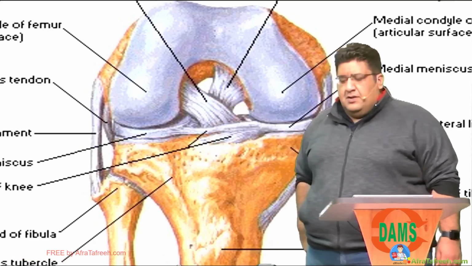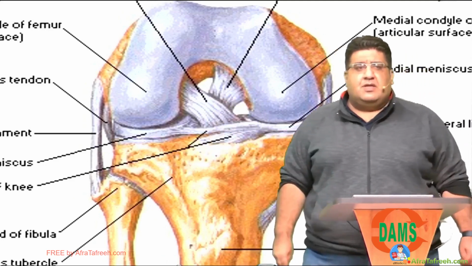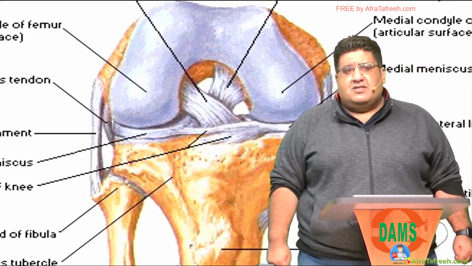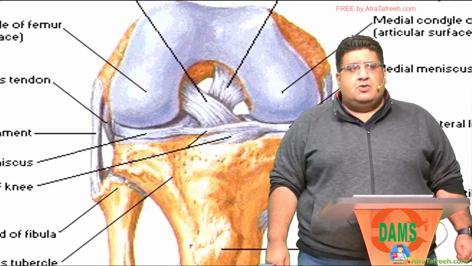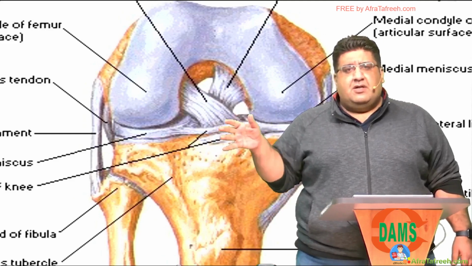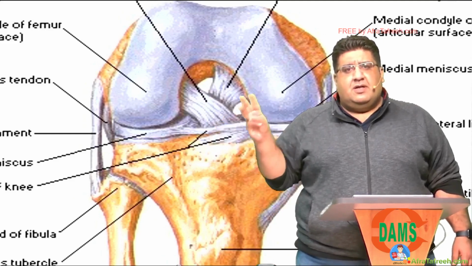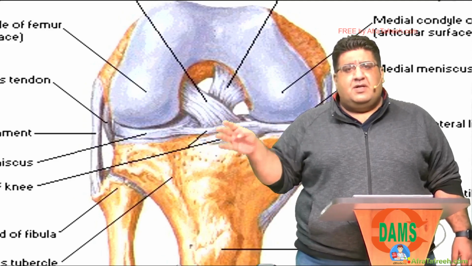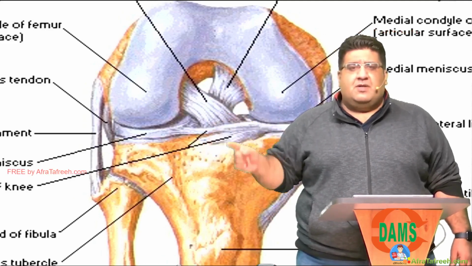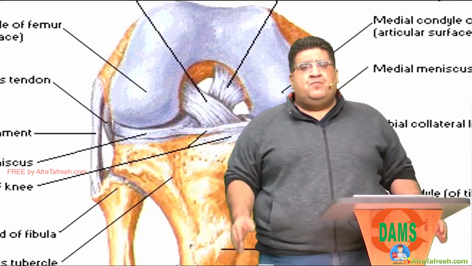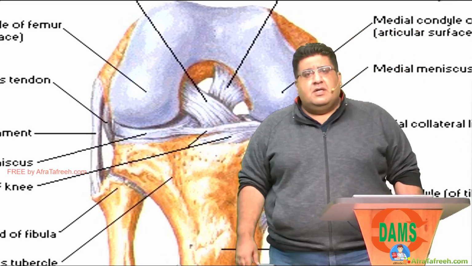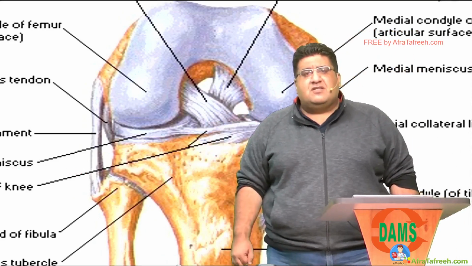So I think I told you that I'll be discussing 12 points about cruciates. The first six will be similarities, the next six will be differences. So we have spoken about the six similarities: intra-articular, intracapsular, extrasynovial, sagittal plane stability, same blood supply, middle geniculate artery, branch of popliteal artery, same nerve supply, posterior articular nerve, branch of tibial nerve. With this, we understand six similarities. Now it is the time to understand the six differences.